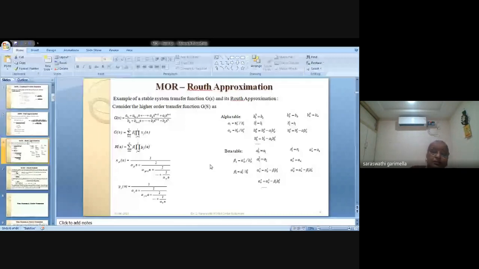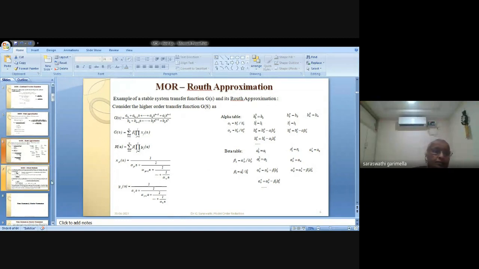So nowadays the controller order, like 7th or 10th, also matters. I have seen a paper in IEEE Transactions on Power Systems. The original system order is 7th order again. That is a power problem. They gave a white noise, got 274th order, and reduced it to 10th order with their method. So that's why I'm saying, when it is above fifth order, naturally the Routh approximation may fail.